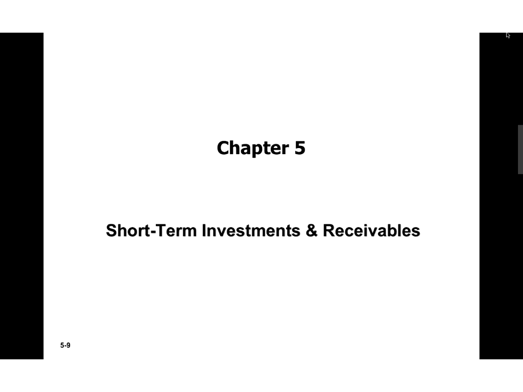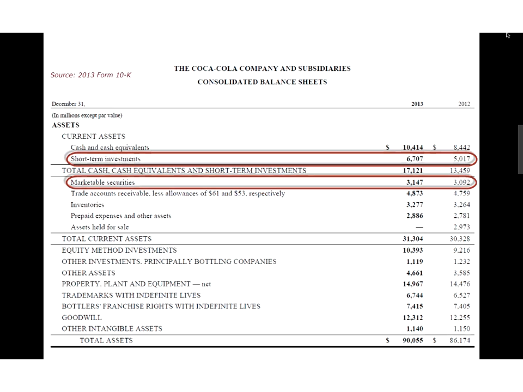So we're going to be coming up, we're going to be doing inventory, then we're going to be doing long-term assets, working our way through all the assets each week, and then we'll end up doing liabilities and equity accounts. So that's kind of what we're going to spend the next several weeks doing, looking at the different sections of the balance sheet and what composes these assets. So short-term investments and receivables.